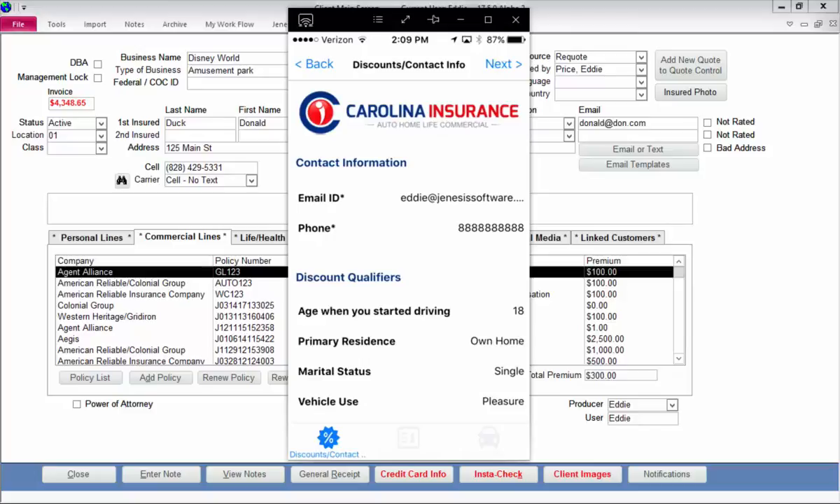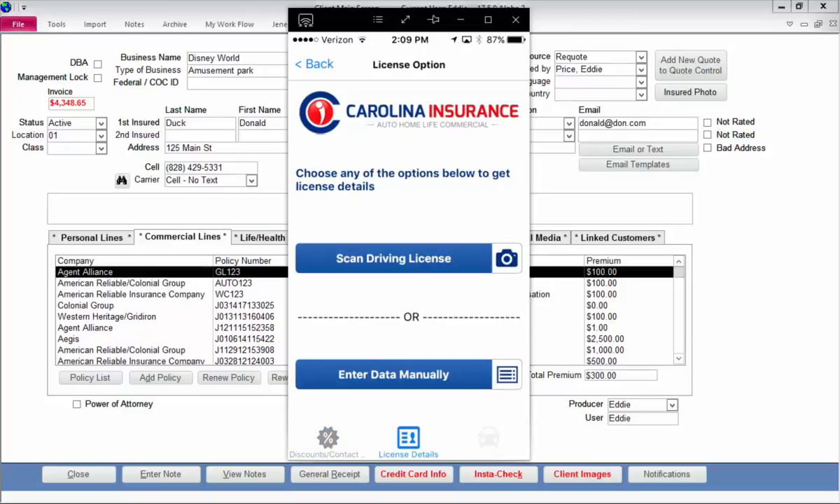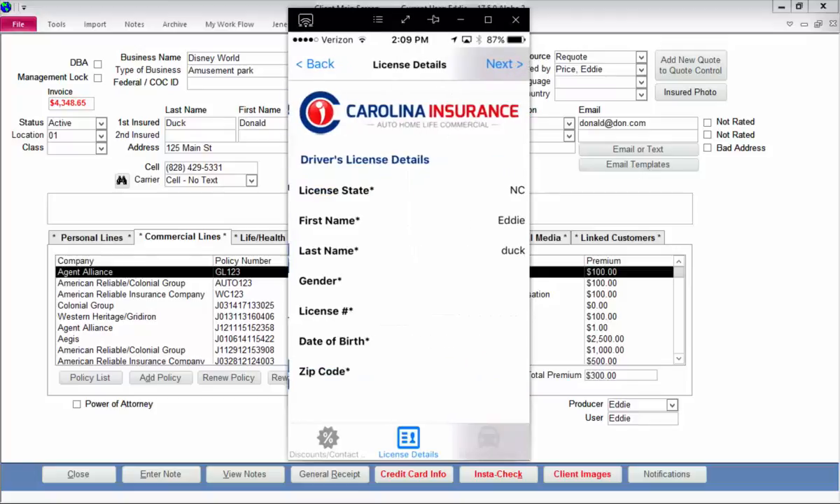I'm really not 18 and single, but I'm going to leave all this information to speed the demo up. So click next at the top. I could scan my driver's license, and that's really, really cool because you scan the barcode on the back of the driver's license. It pulls all the information in. I'm not going to do that because I don't want that video flying around. But so I'll put in Eddie Duck,